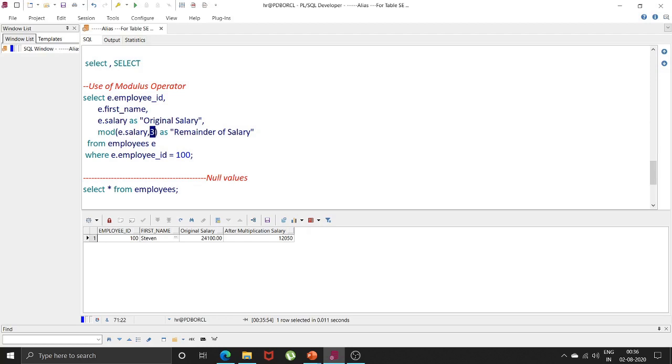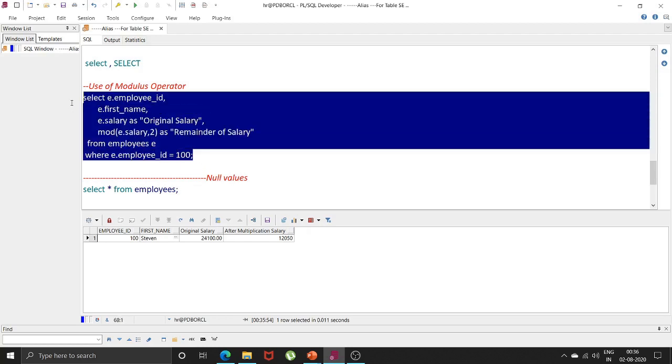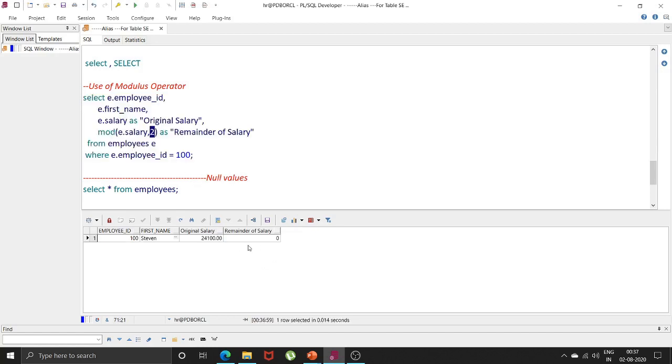Suppose you are dividing by 2, then you will get remainder as 0, because our salary which is present as 24,100 is an even number. So by dividing it with 2, you will get 0 as a remainder. When I have executed it, you can see that the remainder of salary I am getting is 0.